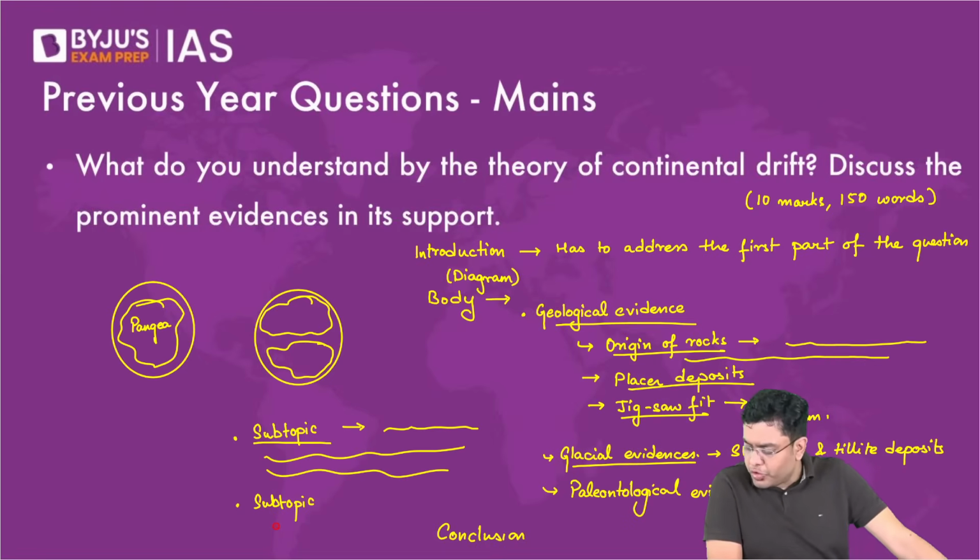Yes, conclusion should always be in a positive aspect. Somu, does UPSC allow different pen color? Blue and black is what you should use, but there also you don't have that much time to be very creative with the pen color. How many marks one will get after everything like this? So in a 10 marker question, you will be able to score around 5 to 5.5. And if the evaluator is indeed very happy with your answer, you will get around 6, maybe 6.5 if you are lucky. Okay.